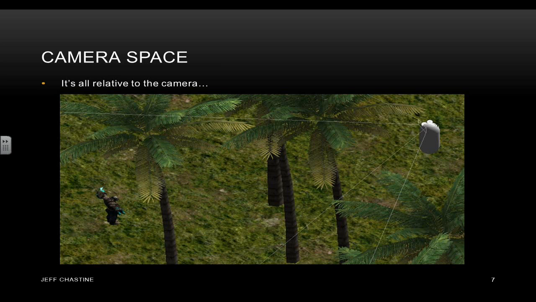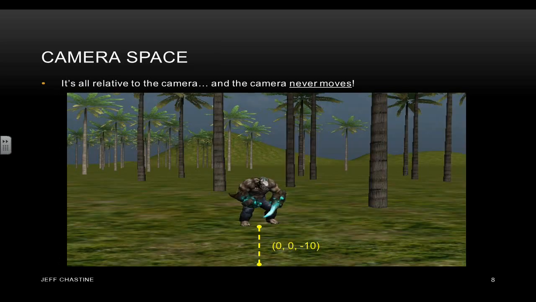So what are we really talking about? If I go to this next one, this is really what we want, because the camera hasn't moved. The camera is at 0, 0, 0. You can see that. And where's the creature relative to the camera? 10 units pushed into the scene. So do you see what we've done? We've gone from Maya space, we wanted to then think in world space, but ultimately it comes back to camera